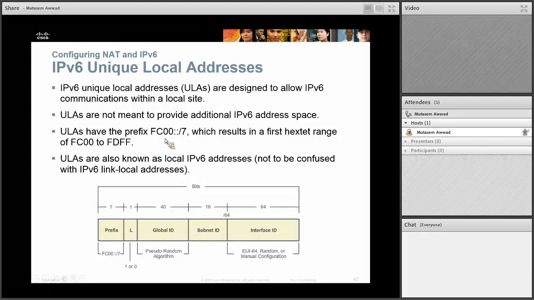They are the ones that start with FC to FDFF. We haven't used them because we always use link local only, the one that starts with FE80, remember? But you can use FC00 all the way to FDFF, and you can subnet it, and everybody is happy. But there is no need